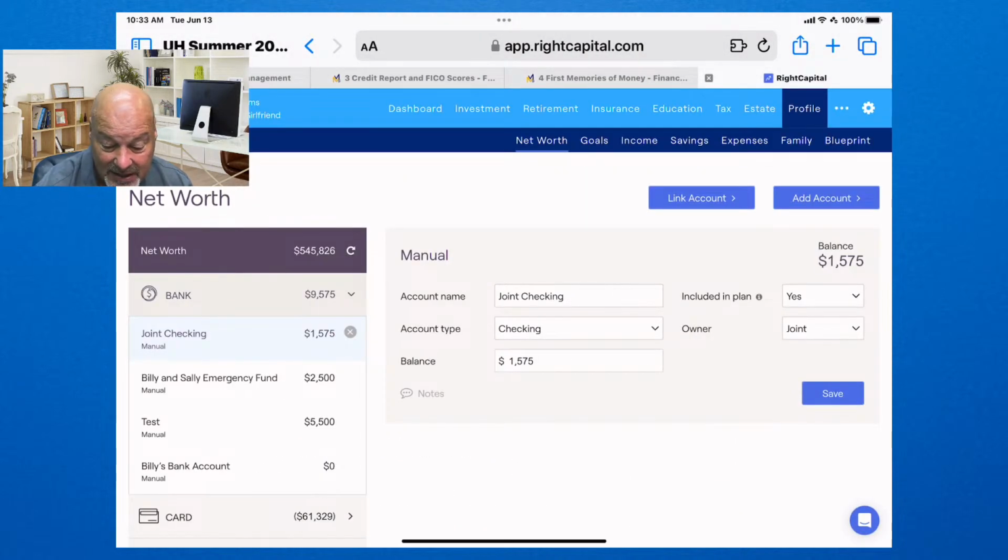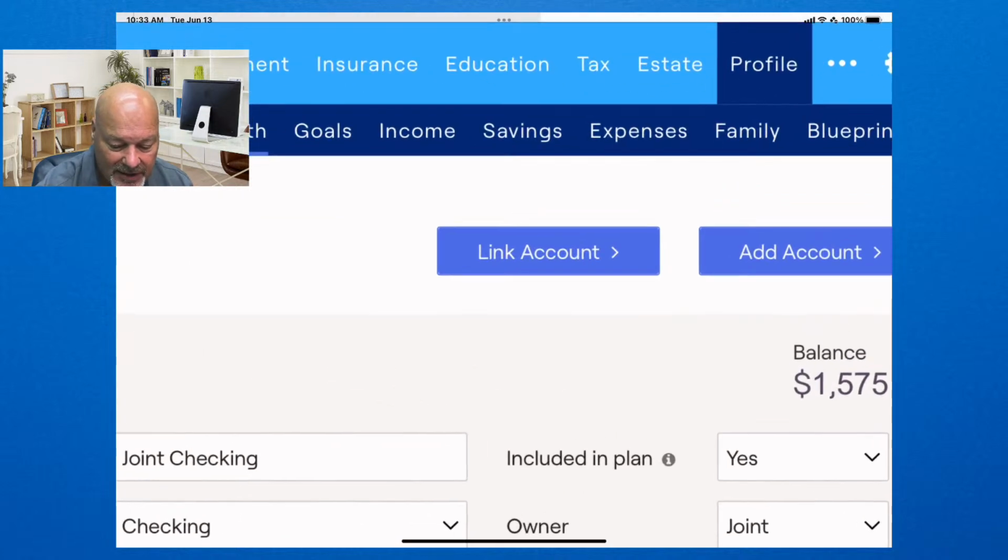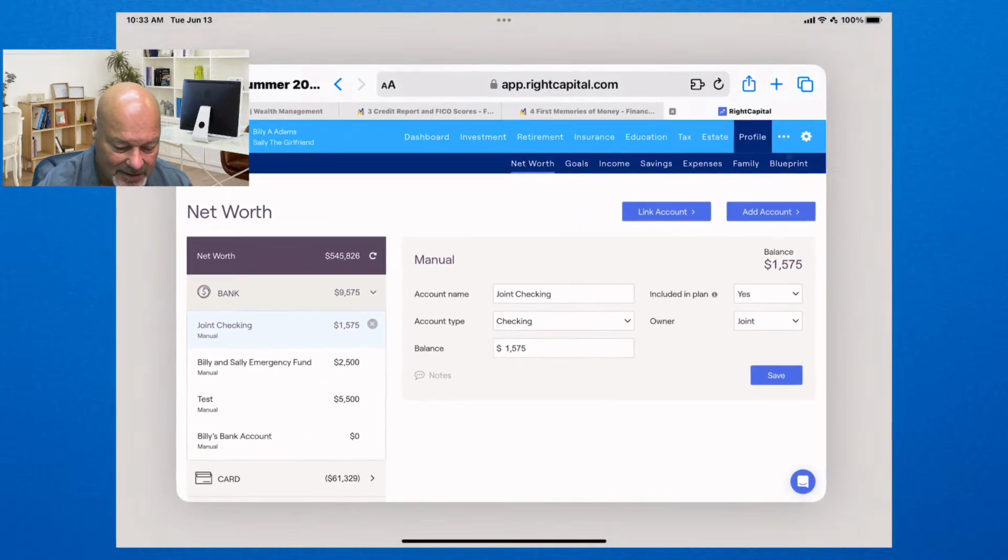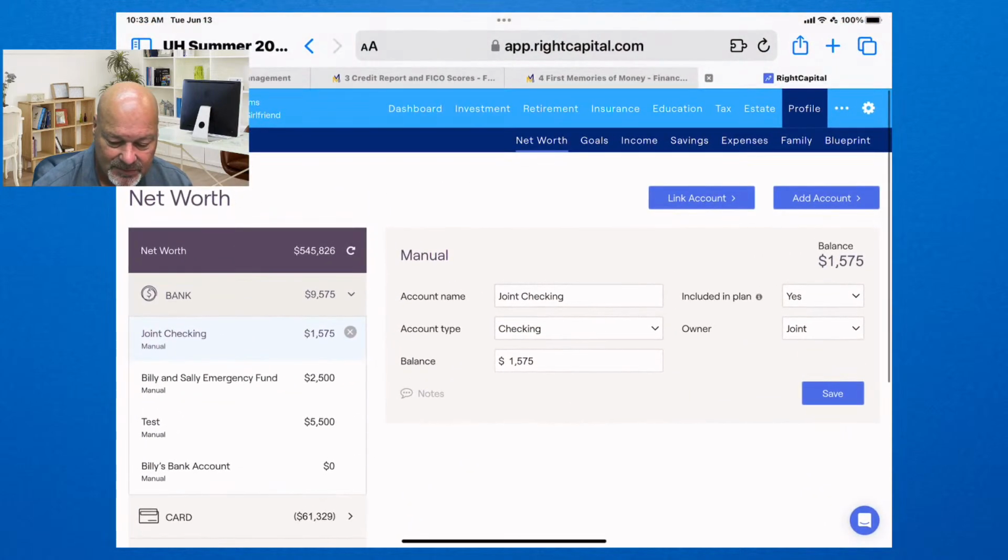So you saw that, right? I'm on profile, I'm under net worth, and there's that link account button. That's certainly something you can take advantage of if you want to. But again, please, no emails saying that I'm trying to get you to do something that you're not comfortable with for whatever reason, security, somebody trying to sell you something.